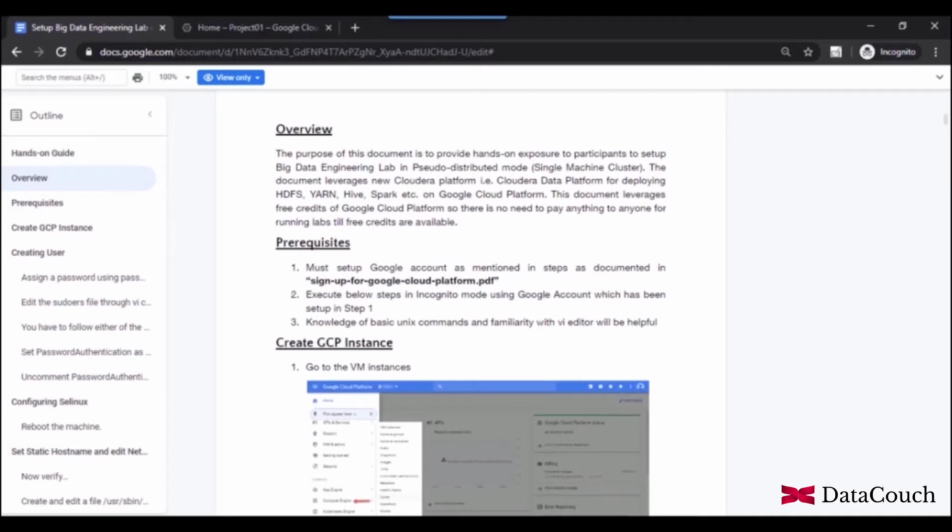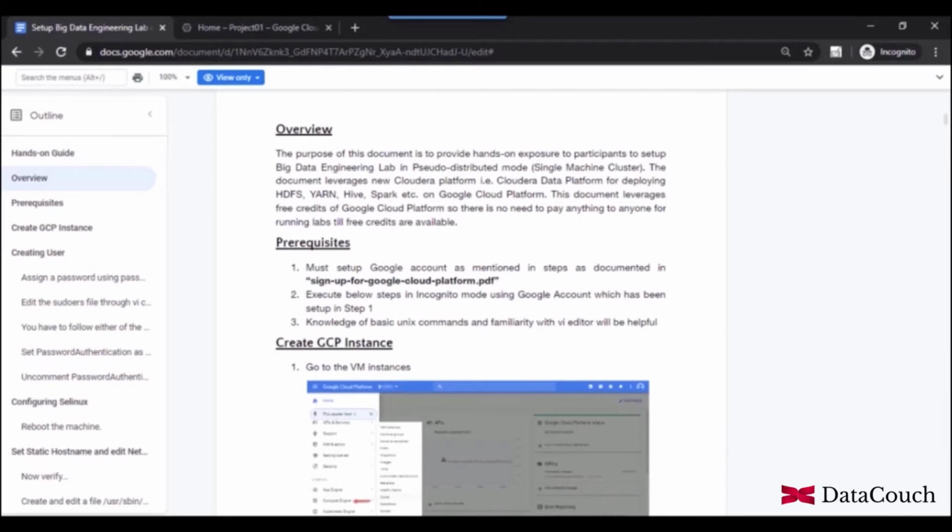There is a separate document on signing up for Google Cloud Platform, and there is another video related to prerequisites. I would highly recommend, before you start the setup, you go through that video for signing up for Google Cloud Platform. In case you are done with that video and you are good to go, then you can follow the subsequent steps and install Cloudera distribution with the test account, or the new account that you have created for Big Data Lab.